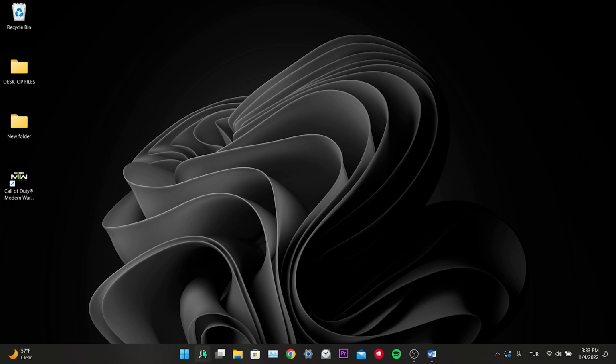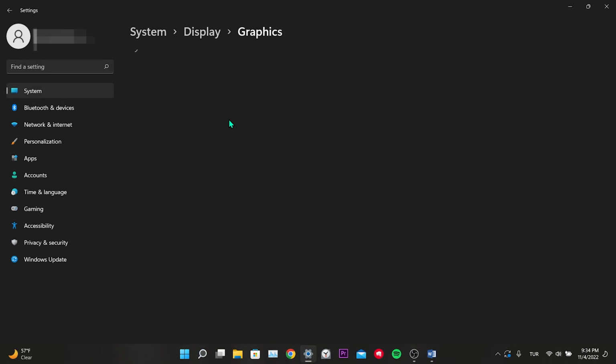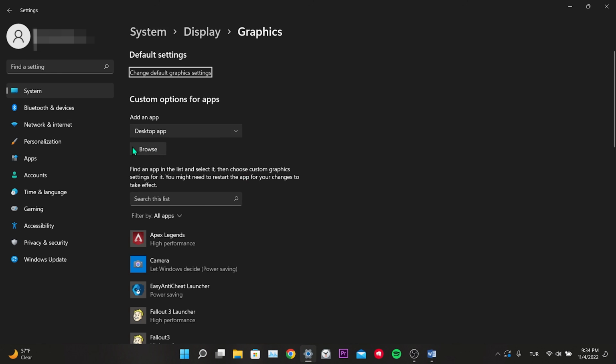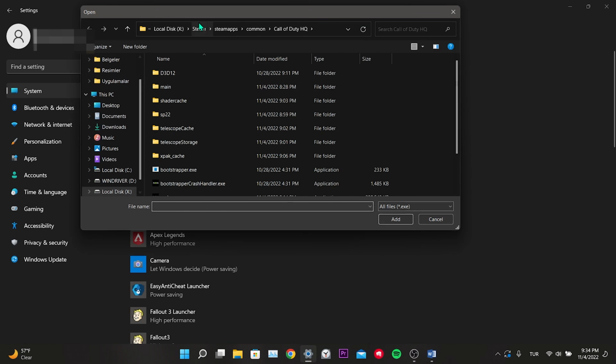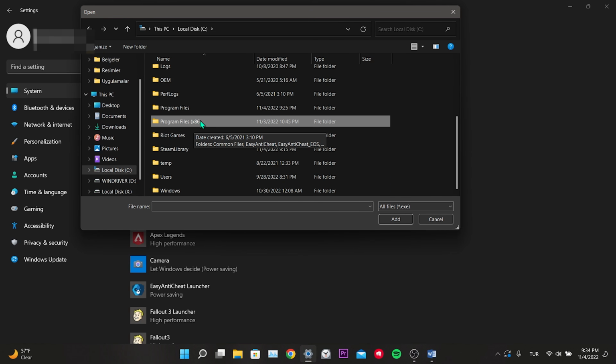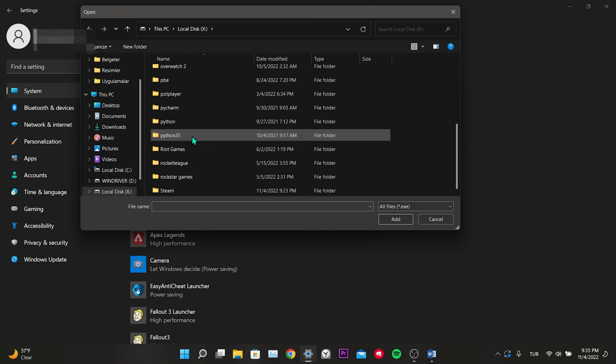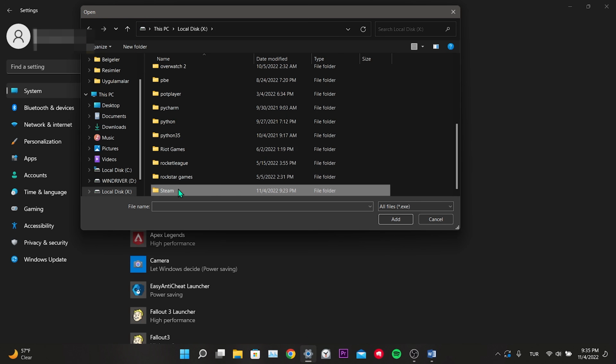For the second step, we type graphics settings into the search. Click Browse. We need to go to the place where the Steam is installed. Steam is usually located in the Program Files x86 folder in local disk C, but mine is on another disk. After we find the Steam folder,